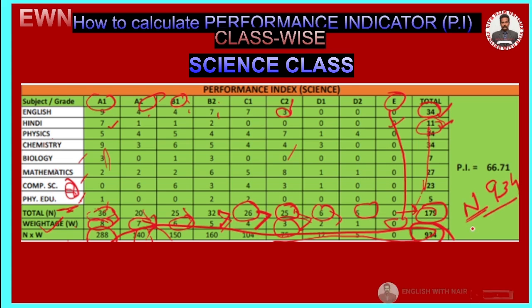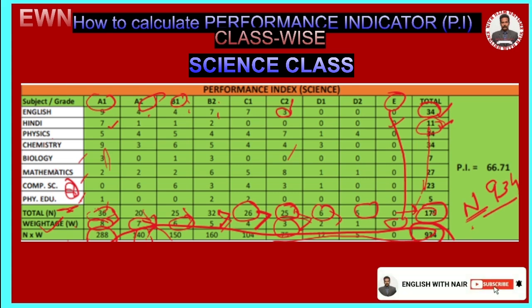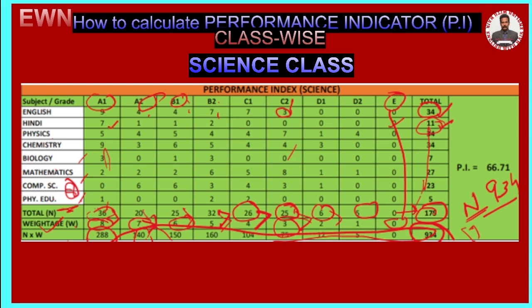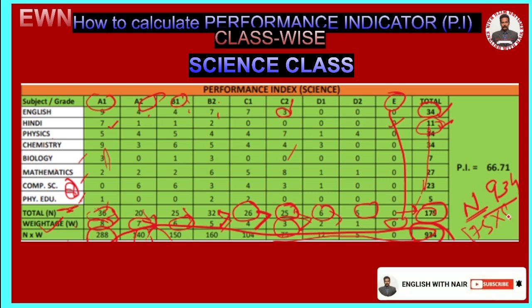Divide by N. What is N? As I told you, N is the number of students across all the subjects. So this is 175. 175 into the highest grade, that is 8. So we get 934 divided by 175 into 8, that is